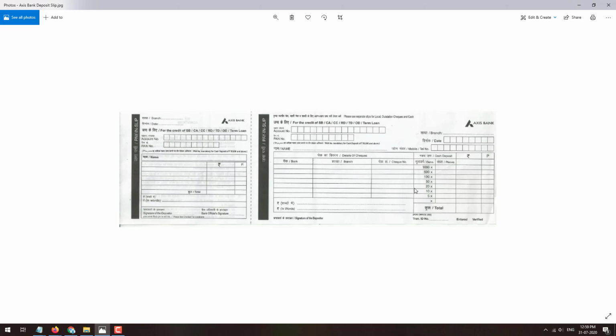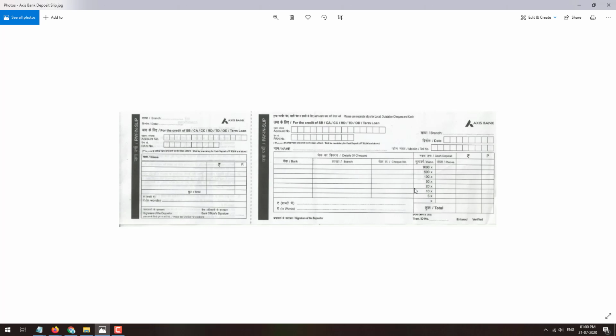Or if you are giving a check, then you will need to write the check, write a cross check, and in the name section you'll need to mention Axis Bank Limited, then leave a space and write your loan account number. Once you finish writing that, just sign it, cross the check and fill all the details, amount and all. On the back side of the check, you'll need to write Axis Bank Limited and mention your loan account number, and again sign on the back side. Once you finish doing this, you'll need to take the check and this deposit slip and deposit it.